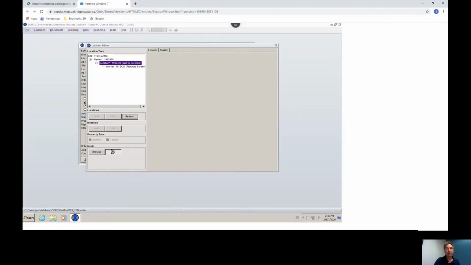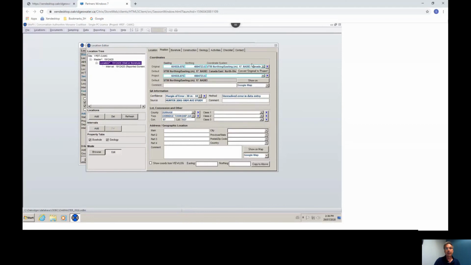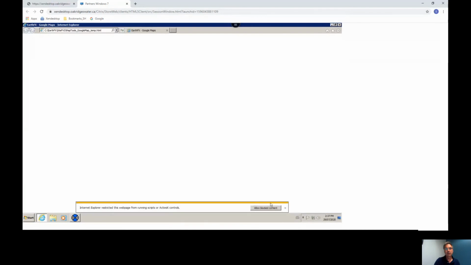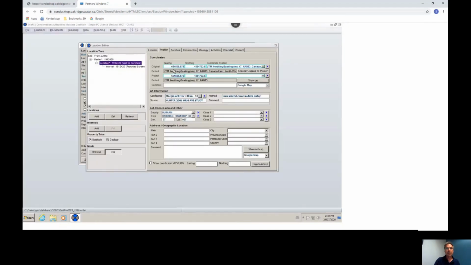So I'm working on the live database right here now. I'm going to go to the position tab, and I can see where that well lies right now by looking on Google Maps. And so there's the well right in the middle of that property in Uxbridge. So that's okay. I've got the right well, just to make sure. And so now I know the coordinates because I wrote them down before the meeting. The coordinates I want to change to